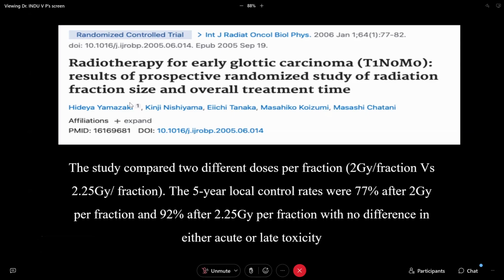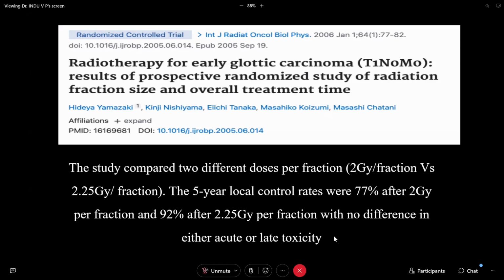2005. This is actually a prospective randomized study on fraction size. What they found is that over the 5-year follow-up, the local control rates were significantly better in those patients treated with 2.25 gray per fraction, with no difference in acute or late toxicity compared to that of the 2 gray per